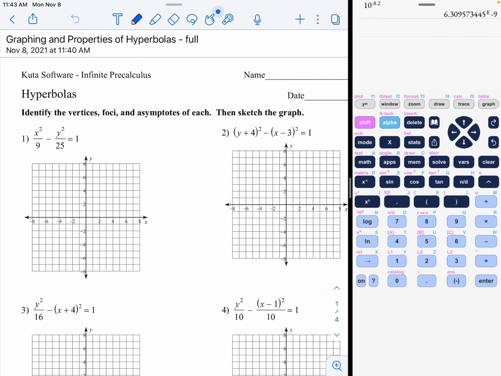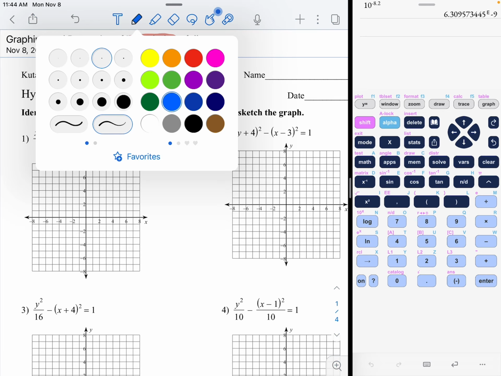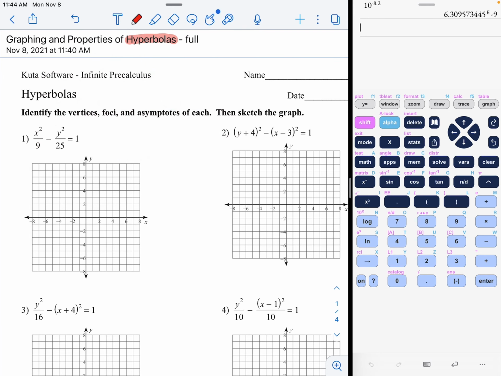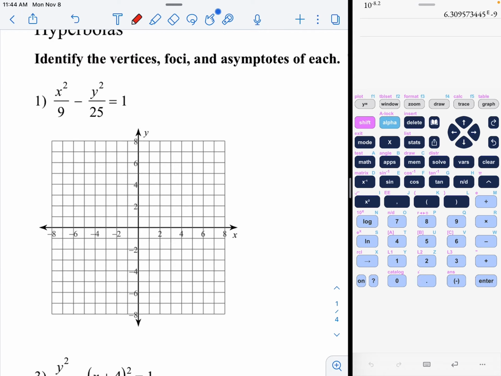Moving on to our next type of conic section, we're going to talk about this concept of hyperbolas. First I'm going to turn on my pen. Hyperbolas are not like complete circles or complete ellipses. They almost look like parabolas, but let's take a look and I'll do my best to explain just the basics